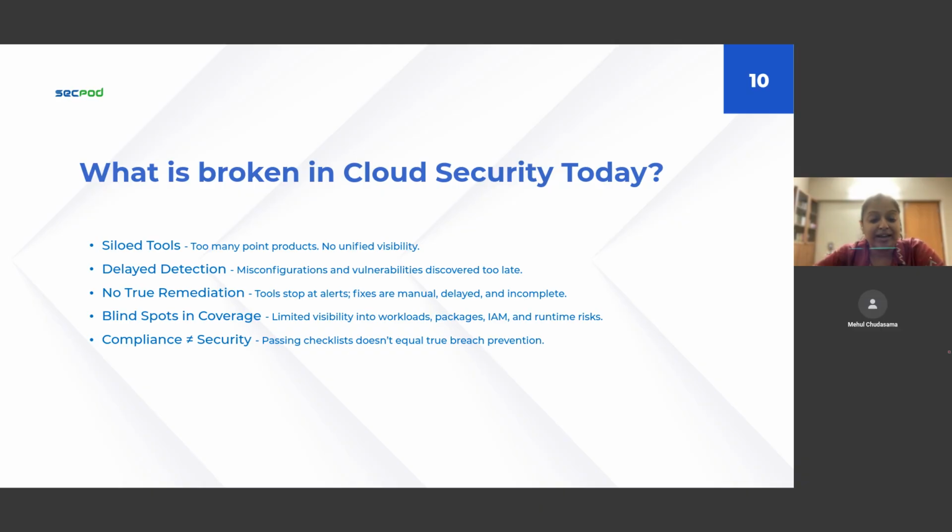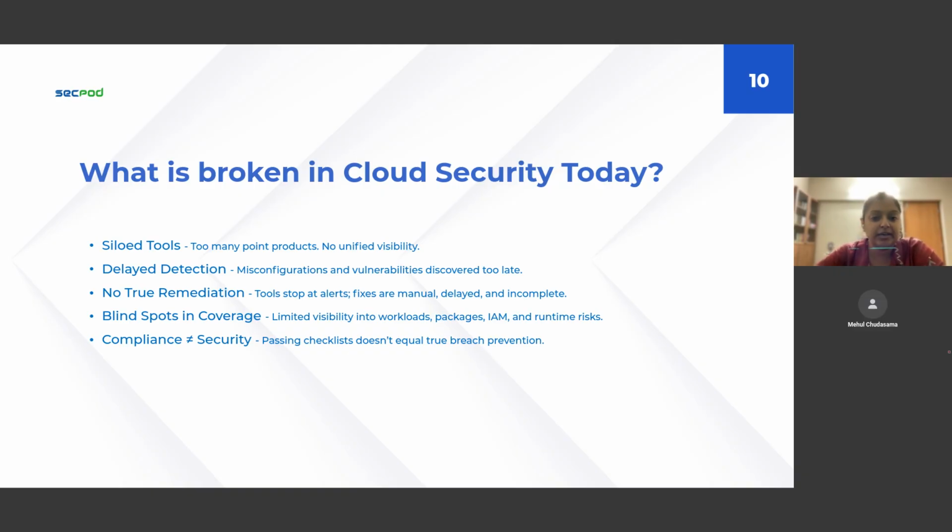But also, finally, many organizations just confuse compliance with security. You can pass every CIS benchmark, but also still be exposed to the real world threats. Checklists don't really detect active exploitation, and also they do not prioritize based on real attack paths. They certainly don't remediate anything. Compliance might help with audits, but it doesn't stop breaches at all.